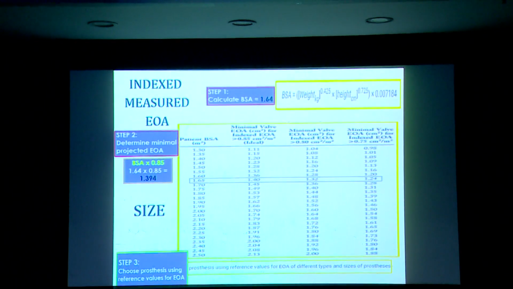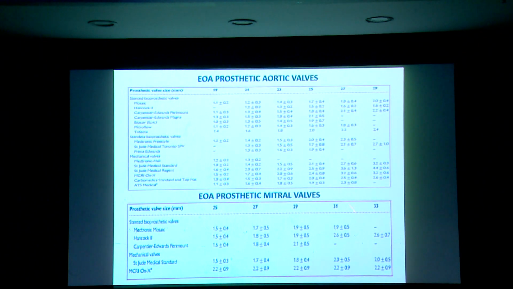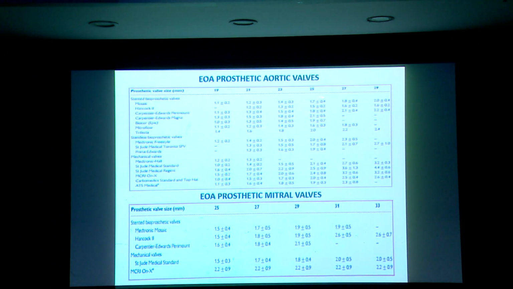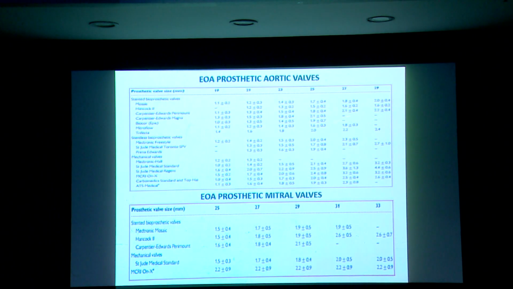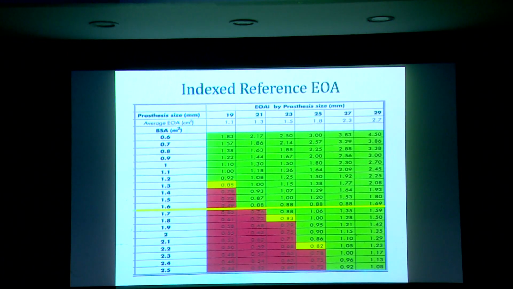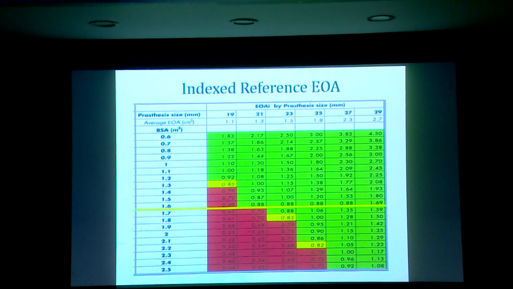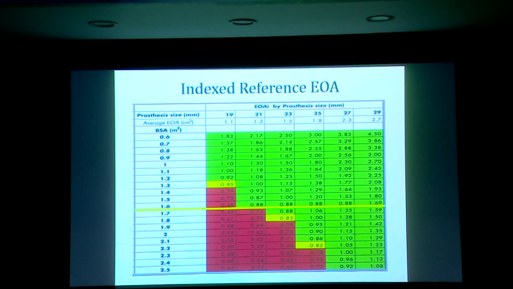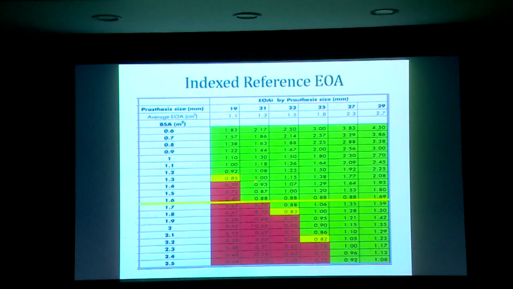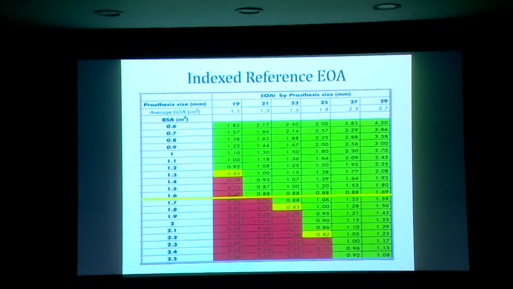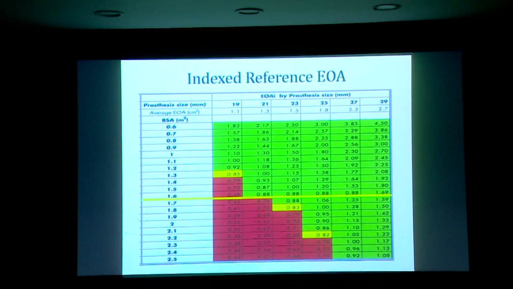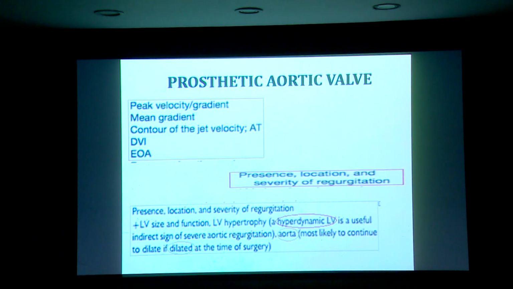If it's lesser than that, you can go to the tables of aortic prosthetic valves. You can see what size fits into the patient, and then check. So 1.4 is the target, and you can check what size of valve needs to go into the patient. Another approach is to take the reference area of the valve and divide it by the body surface area. For a particular size, anything more than 0.85, you just go ahead; all greens are okay, and all reds, less than 0.85 for the aortic valve we're talking about, are not good. So now we have the evaluation of the prosthetic aortic valve.